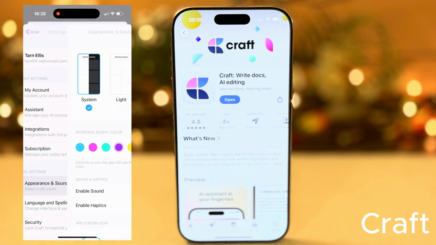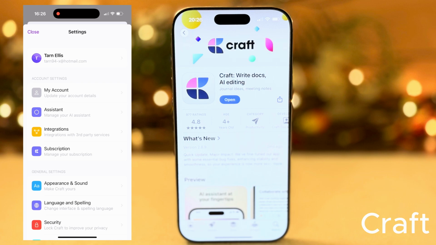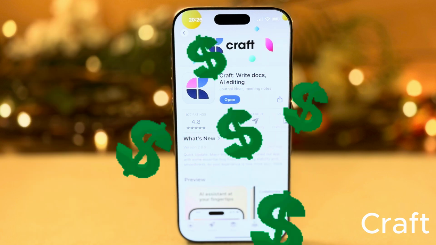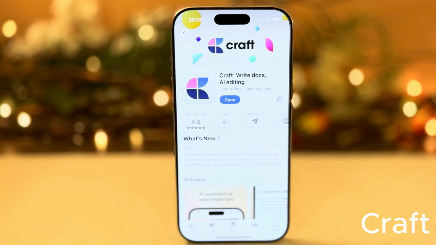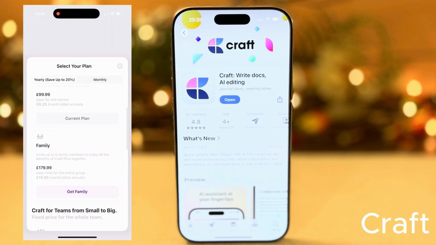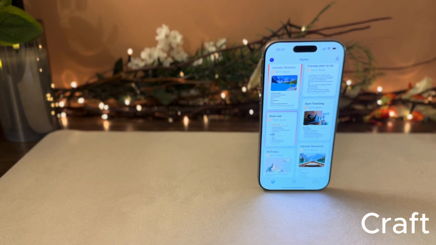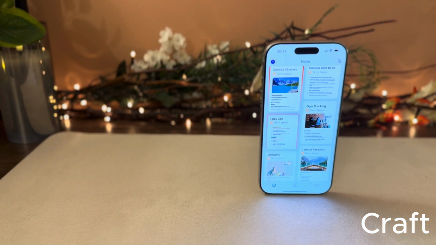I found myself hardly using any of them, to be honest, which felt a little bit excessive for my simpler workflow. The paid subscription's also quite pricey for an app that I would barely use a lot of the features. It's priced at £10 a month or £100 yearly, which for me just wouldn't be worth it. So as much as I didn't go into all the features on this app,